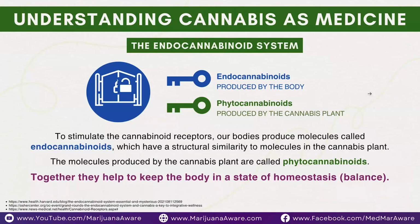Now, why it's important is because our body is producing endocannabinoids. And when you're a senior citizen like myself, or just a person in general, you may need more endocannabinoids to address your particular condition, like if you have an operation, or an injury, or some sort of medical condition. You may need to have more endocannabinoids produced by your body. So how do you supplement that? Well, what they found out